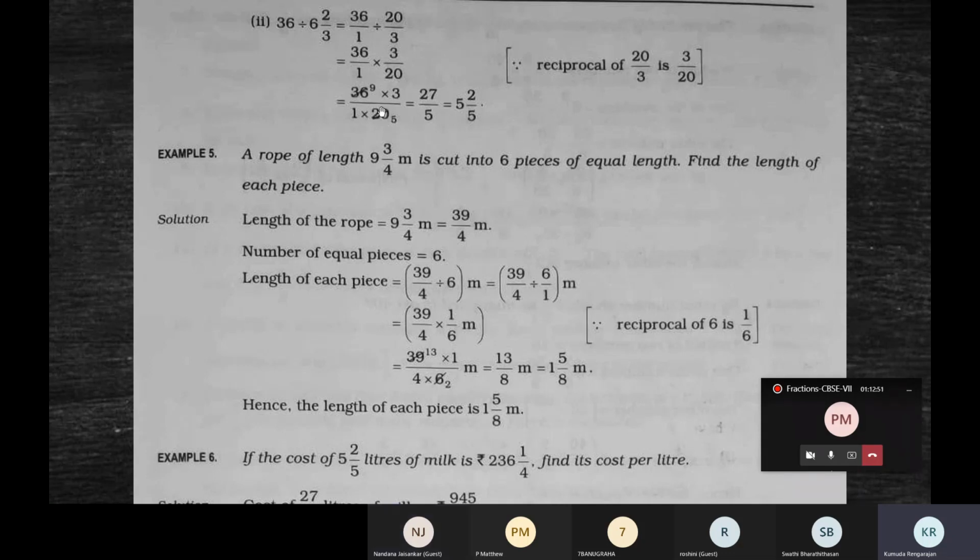Ma'am, I had a connection problem, so I couldn't come to the class before, ma'am. So I don't know, ma'am, what you explained. Okay, Nandana, maybe from the next one I'll explain with the help of the next question. I'll try to explain. All right. And also I'll be sharing the meeting recording later, so maybe that will help you. All right. Okay, ma'am.